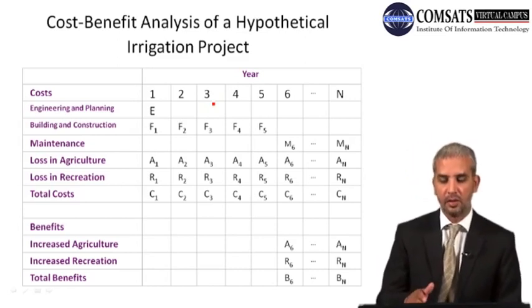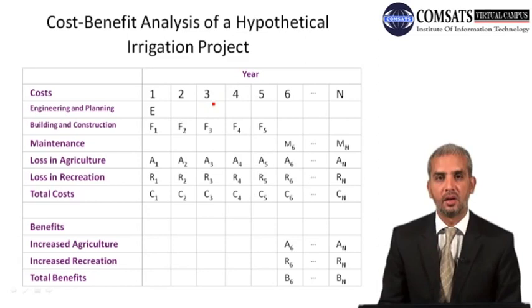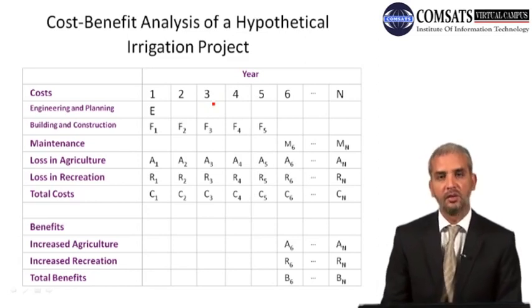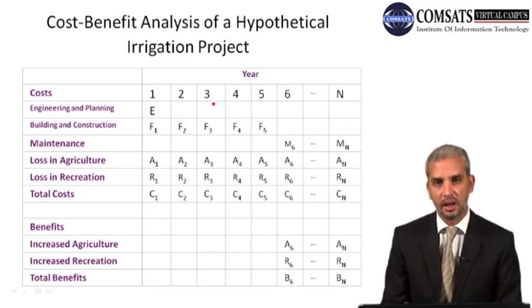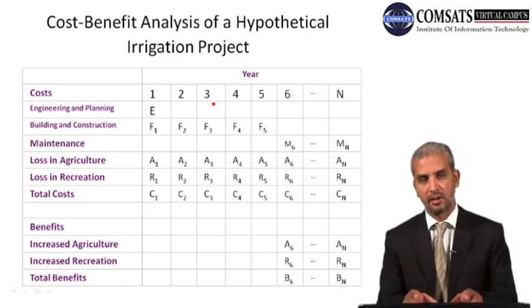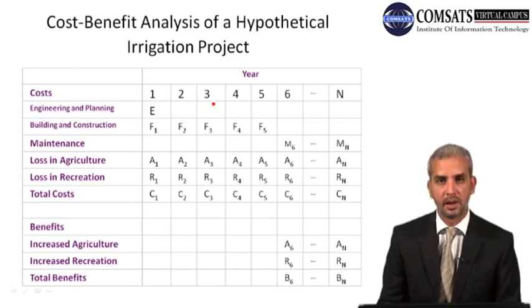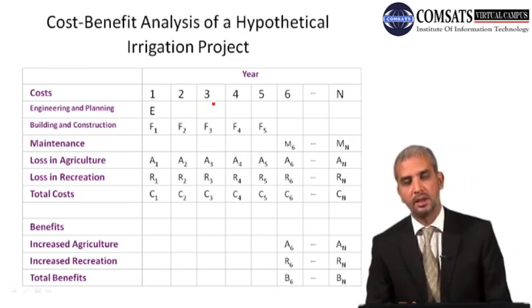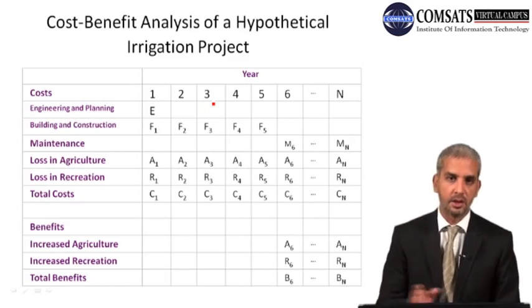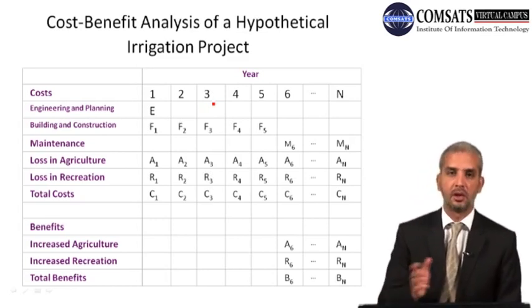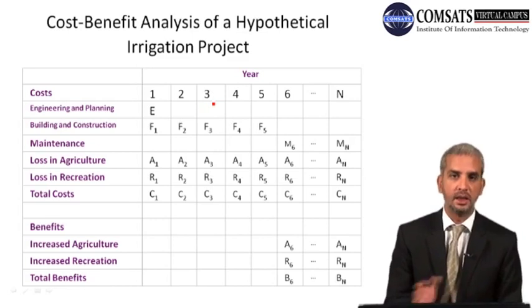That would mean considering R as the discount rate. For the first year we would write C1 divided by (1 plus R) raised to power 1, then plus C2 for year 2 divided by (1 plus R) raised to power 2, plus C3 divided by (1 plus R) raised to power 3, and going up to Cn divided by (1 plus R) raised to power n. In this way we would discount all the costs, and in a similar way we would discount all the benefits, and then we can easily see.